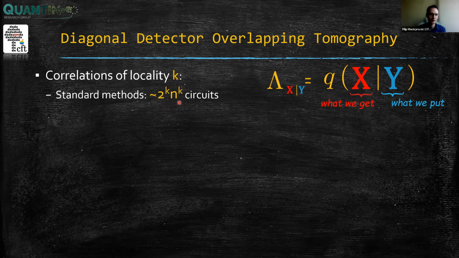So this is the simplest thing you can do, but it's also very inefficient in the system size. I mean, it's polynomial, so it's not terrible. But of course, if you have 100 qubits, or maybe we'll have some 1,000 qubits in some not so far away future, then it might be significant. So we always aim to reduce the number of experiments.